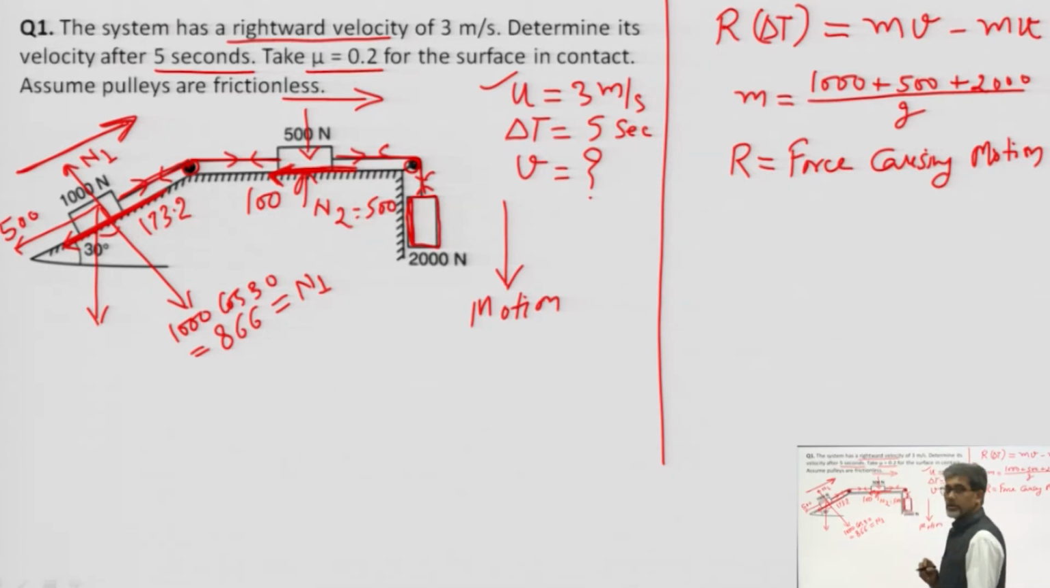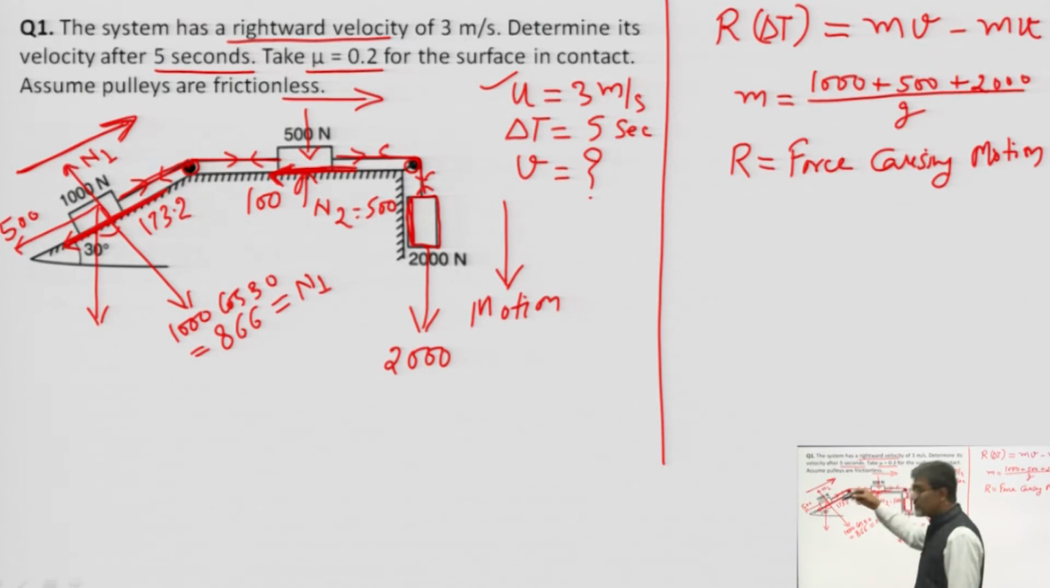block of weight 2000 Newton, right. This block is not touching the vertical surface. So, this block will have only downward force, that value is 1000 Newton. Okay. Now, what is the force causing motion? Simply only one, 2000. And for the 500 Newton force causing motion, it is only 100,